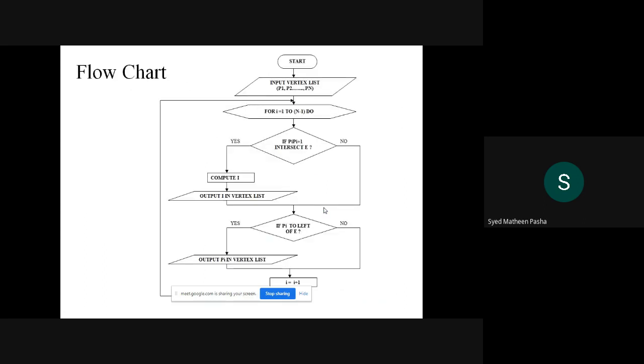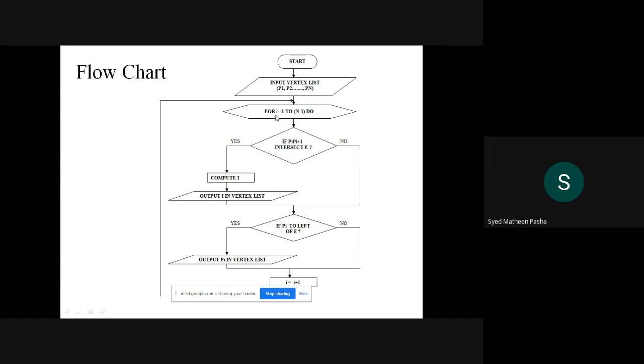So here is the flow chart with respect to that particular algorithm, the Sutherland-Hodgman algorithm. This is just for your reference. First, as all algorithms start with a start format, you start here. Then what is the input for a particular algorithm? As I told, you need to assume some points with respect to which you will be clipping. These are some of the points, P1, P2, so on, Pn. We'll be using a for loop from I equals 1 to n minus 1. That is, P is equal to I minus 1.